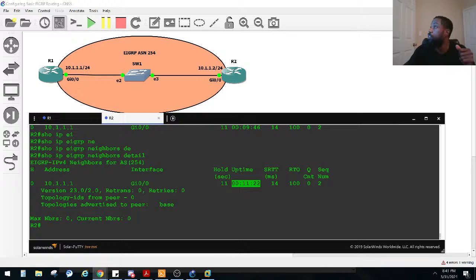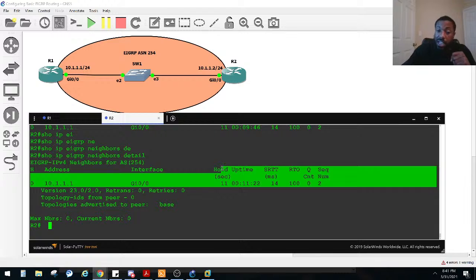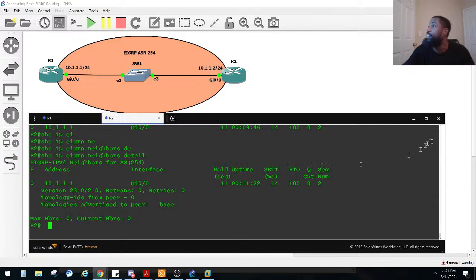But I'm going to stick around and look at what all these other things are, because I typically run this command a lot, and I couldn't explain it to y'all. So let me just go ahead and look it up right now, right? And this is how I kind of do my deep dives. EIGRP